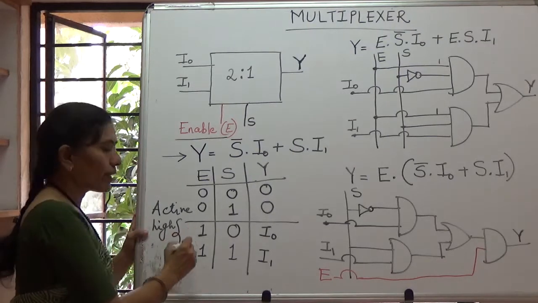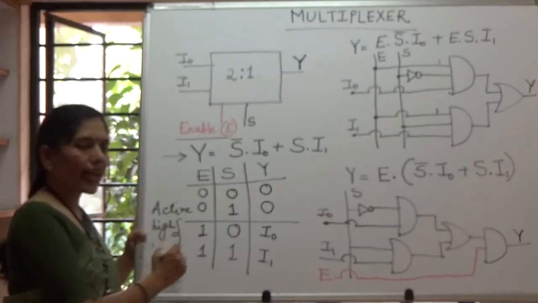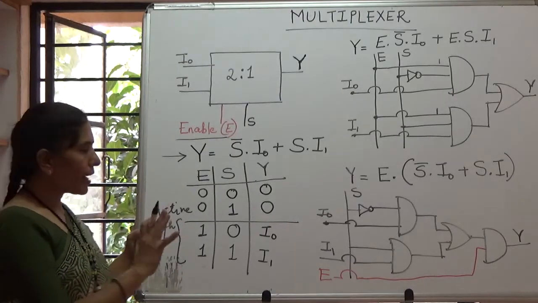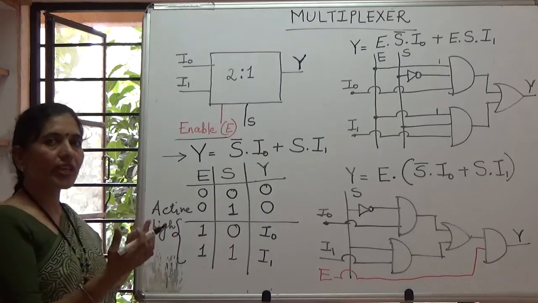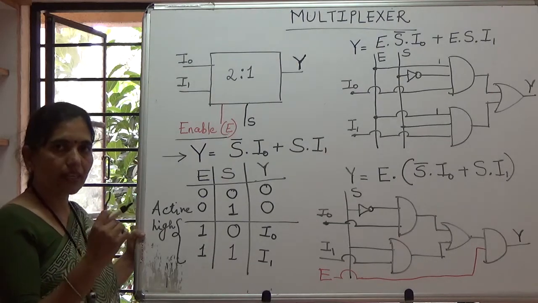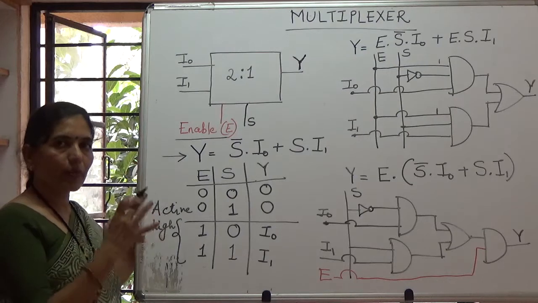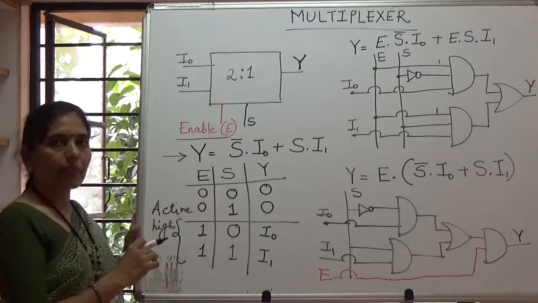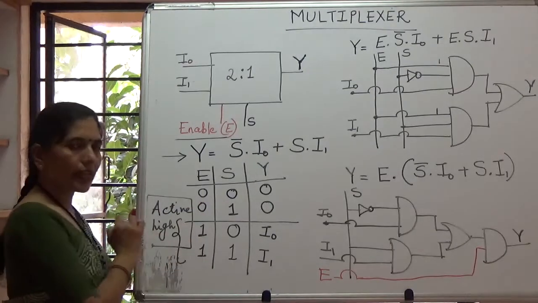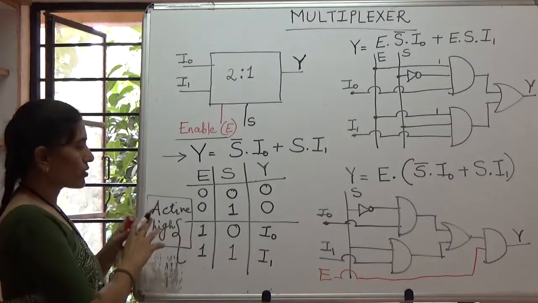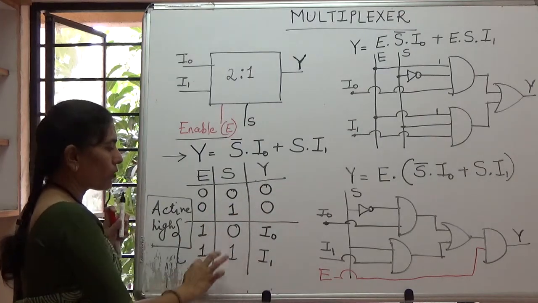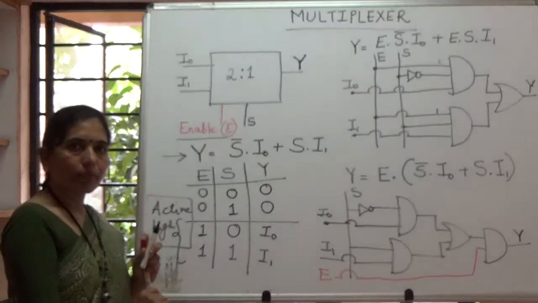So if we say that the enable line is 1 and the enable is active high, it means that the function will be activated when the enable is high. But if we have an opposite type of line, which will be called enable bar or E bar, that is an active low line, in that case the function will be active only when the enable line is low. So right now we have discussed the active high enable line, but it can be opposite. That means these two terms will come over here. For E equal to 0 and for 11, the output Y will be 0.